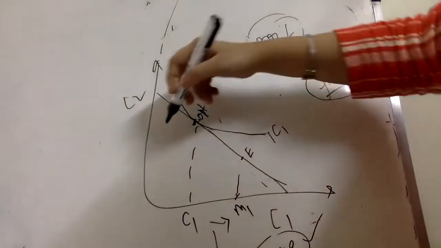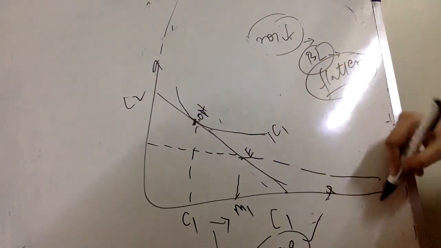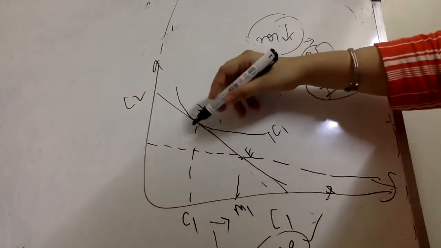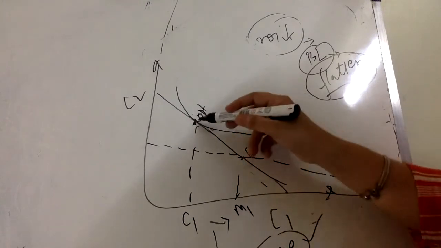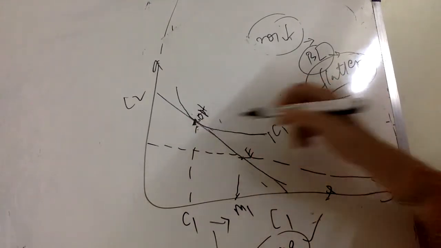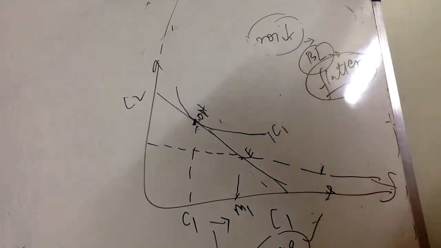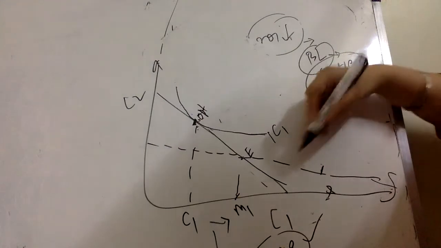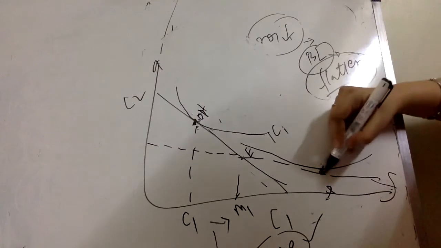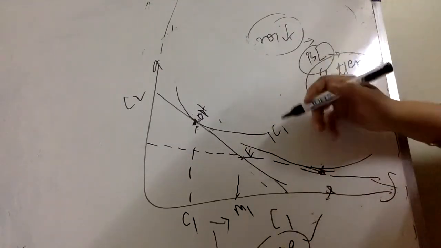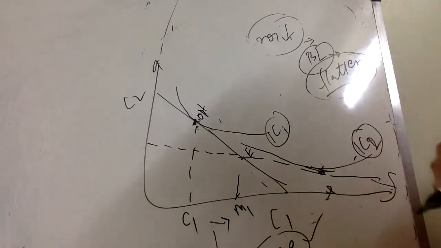So the new budget line which passes through my endowment point becomes flatter. So I have another indifference curve. It's one possibility that I switch from seller, so here I am a supplier, to a borrower. When I move to become a borrower, it would be a point toward the right of the endowment point. So I may be worse off, I may be better off. Again, I may be worse off if my new IC is lying below the first IC,